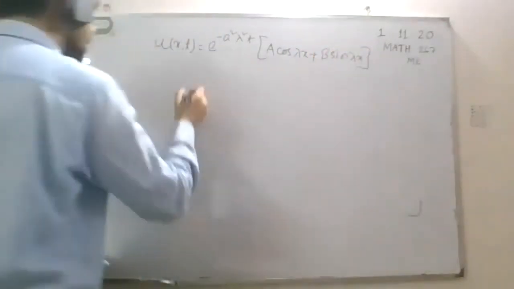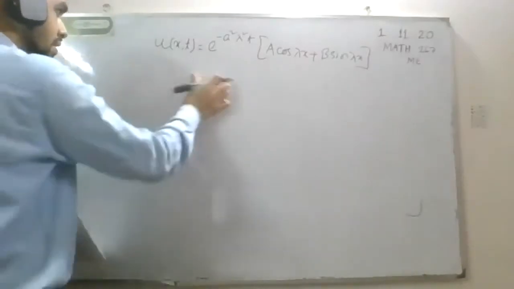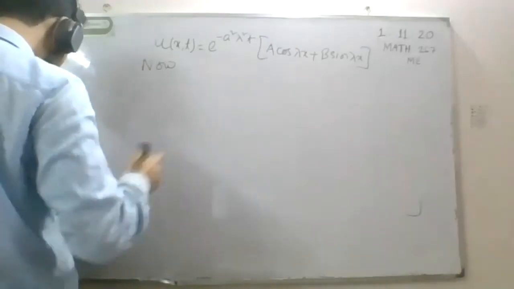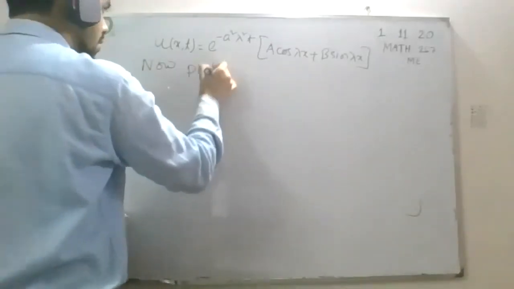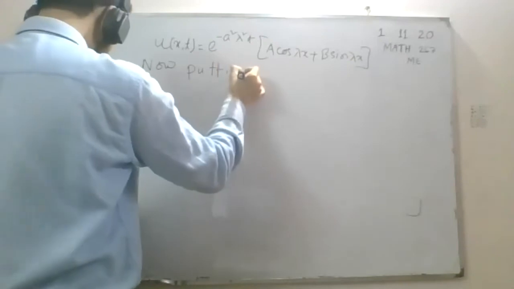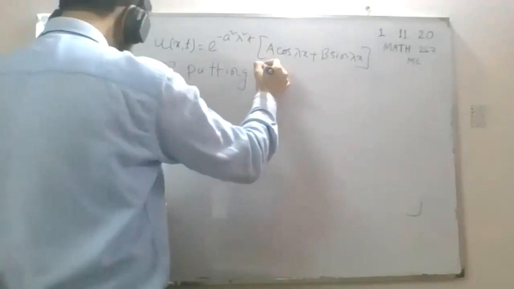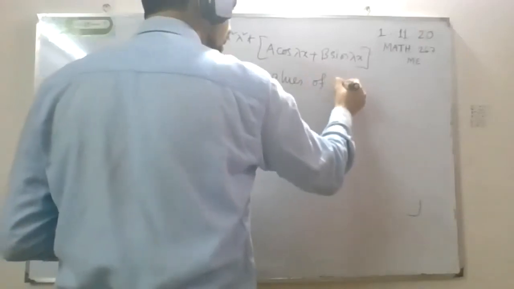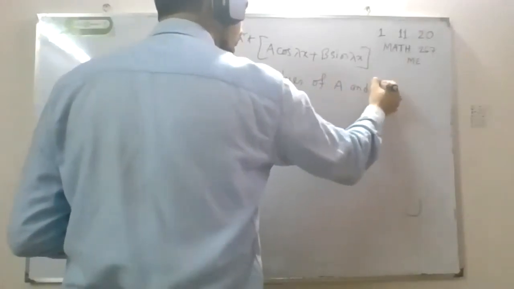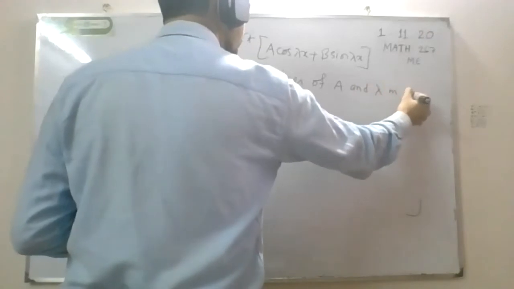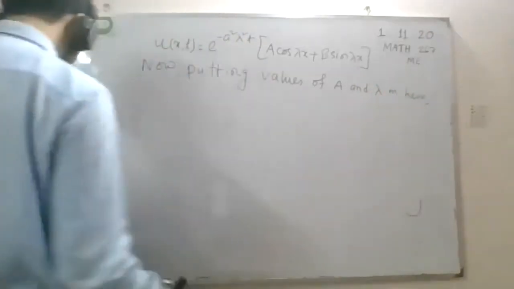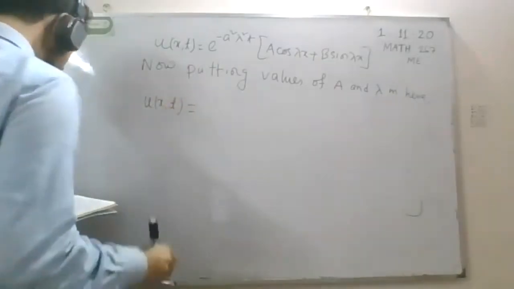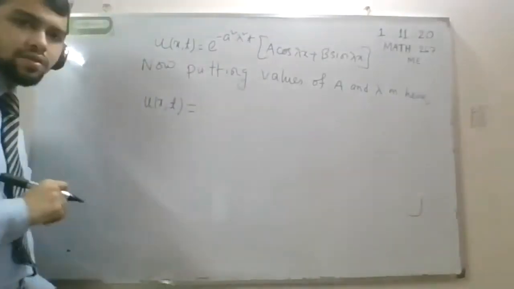Okay, and now just put those values. Can get u(x, t) equals, here you have to use this